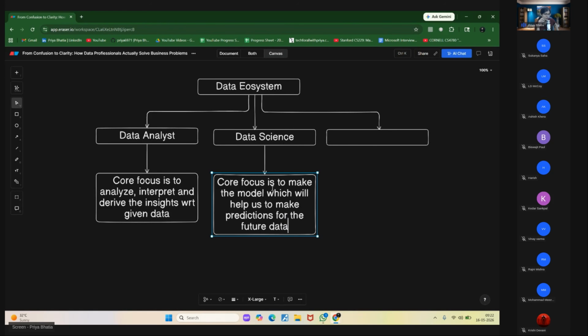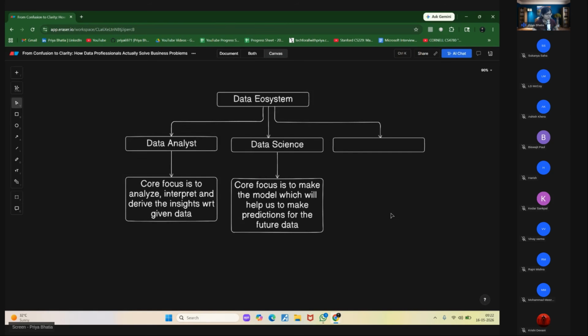Now, when we talk about data science field, the initial work is just analyzing only. Once you will be able to analyze data, then at the next specific part, your main focus will be to create a model which will help us to make the predictions. So that is the reason why you observe that, anyone who is working